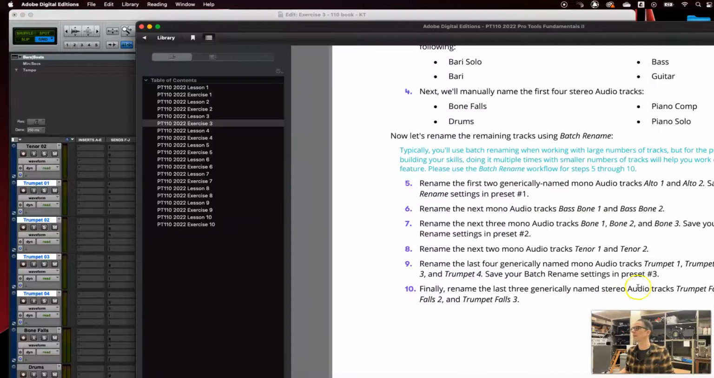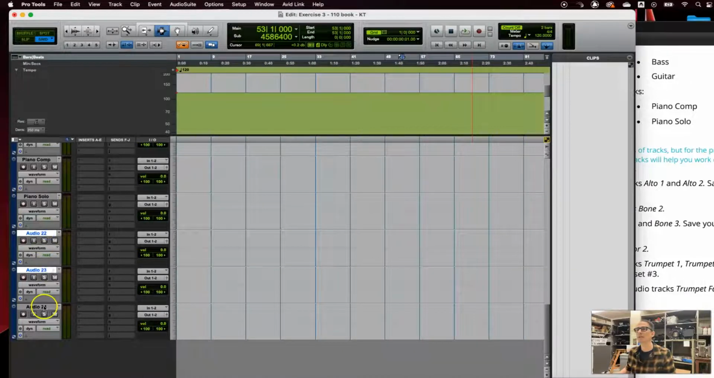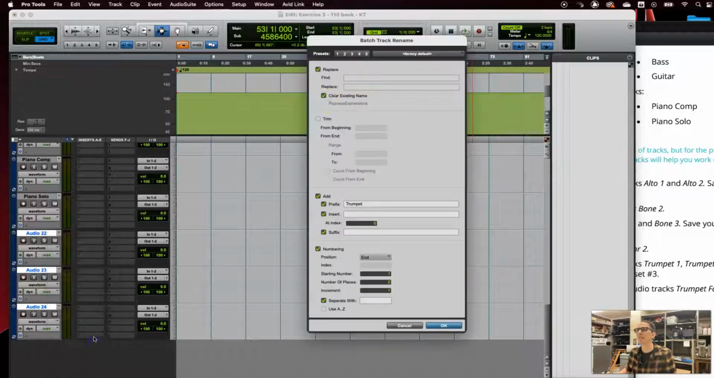Wow. Okay, there we go. And look, now we're on the stereo tracks, the ones that we manually renamed before. So now we're going to rename these last stereo tracks as Trumpet Falls 1, Trumpet Falls 2, and Trumpet Falls 3. So click, click, click, or shift click, I mean. Right click, batch rename, Trumpet Falls,